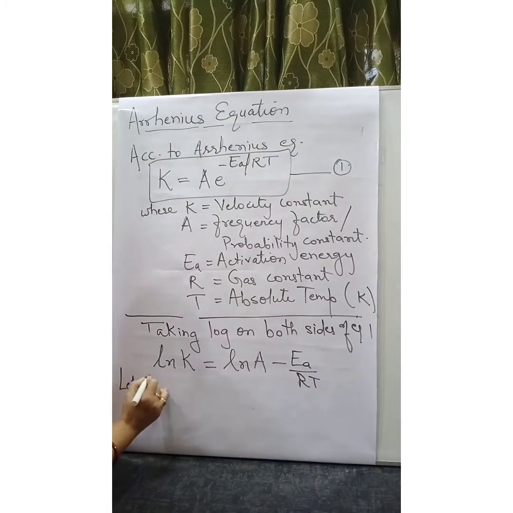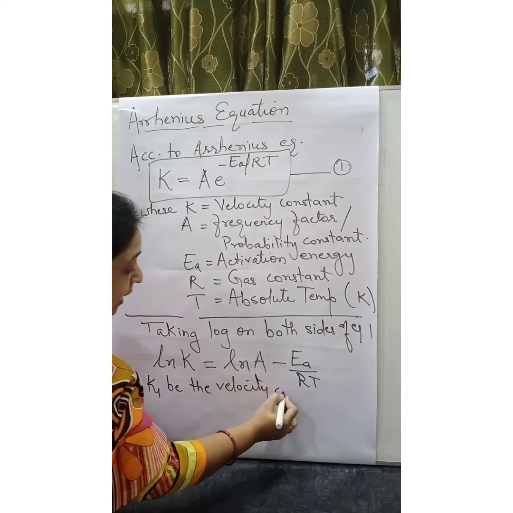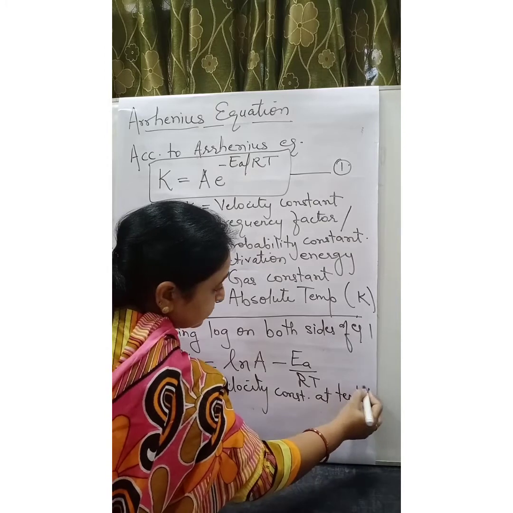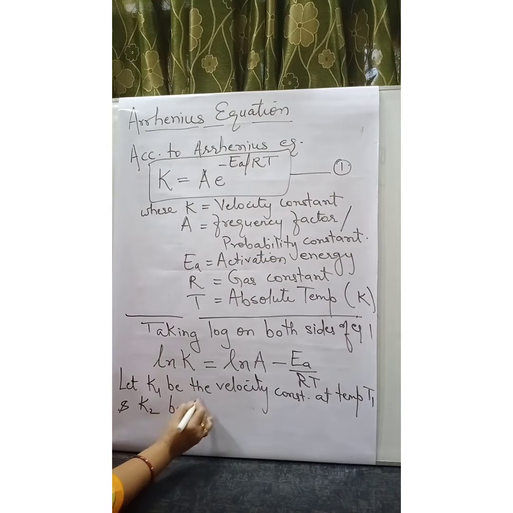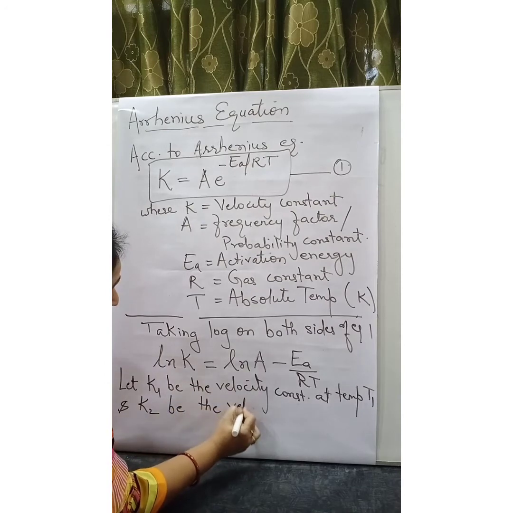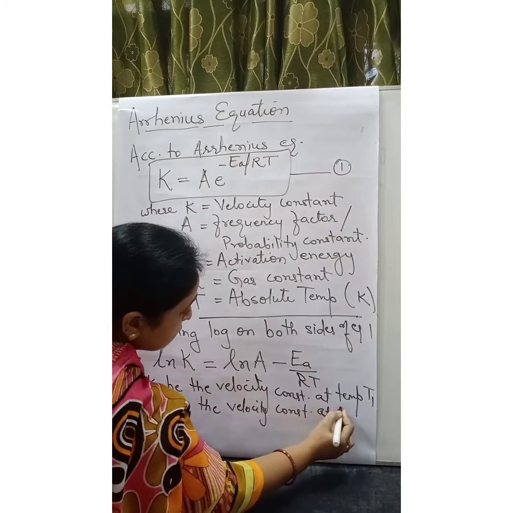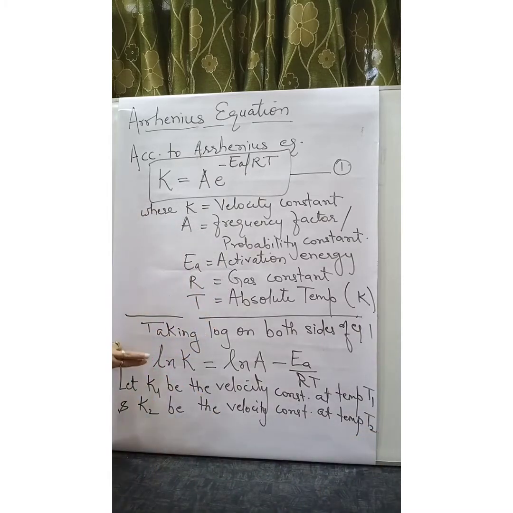Let k1 be the velocity constant at temperature T1 and k2 be the velocity constant at temperature T2. Then the above equation can be written as